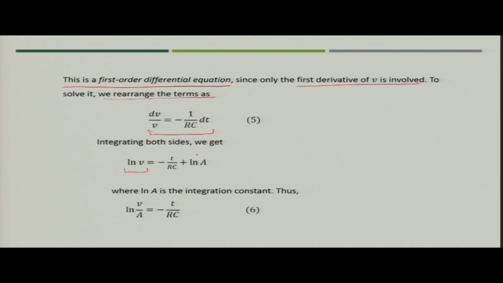In this case, for simplicity we will assume that the constant term is ln A, where A is the integration constant. So, we can write the above equation as ln V by A is equal to minus t by